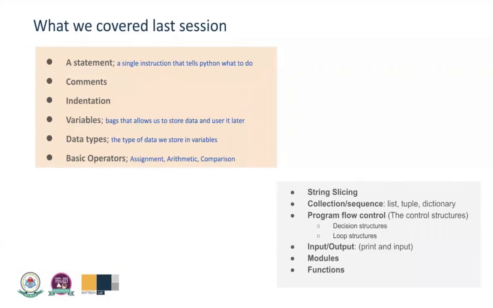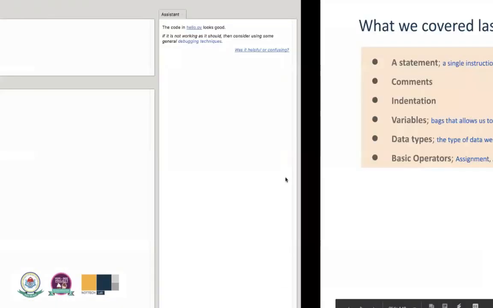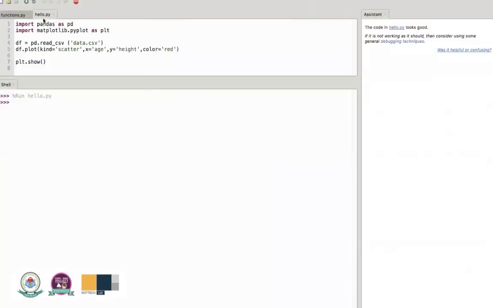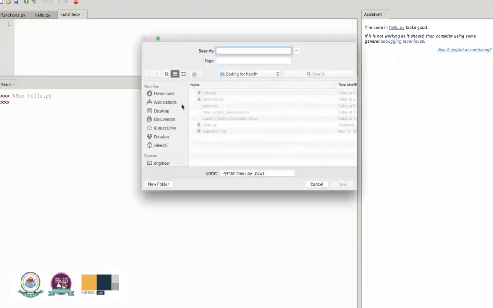I'll try my best to also, do I have my phone open? Yeah, so I'll try as well to, let me open a new file. I don't want to mess that one. Just save